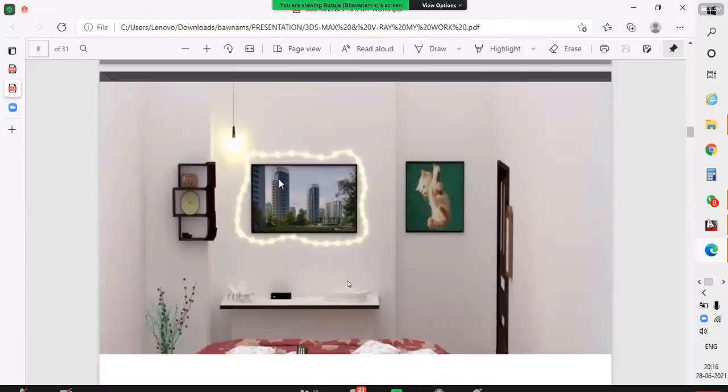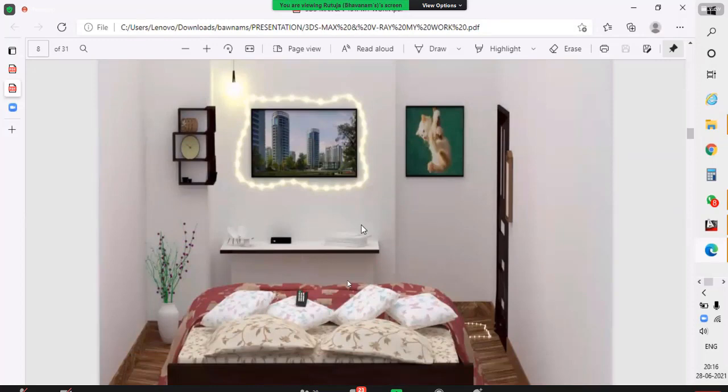So last, there is a view I will take from the back side of a bed. So it's not a front view. So it is the use of our VRay camera. I will show you how to get this view. This cat picture I will take in our workshop also. So that's its TV unit and all. If you see the clothes here, how perfect the render will be. You see the bed and all, and we will create the lighting like a realistic view.